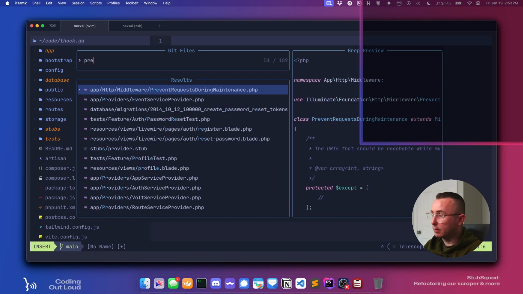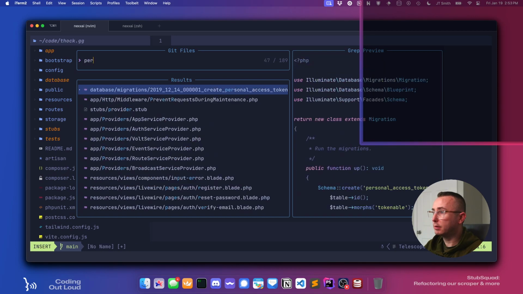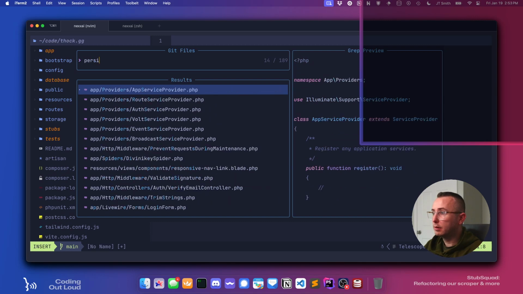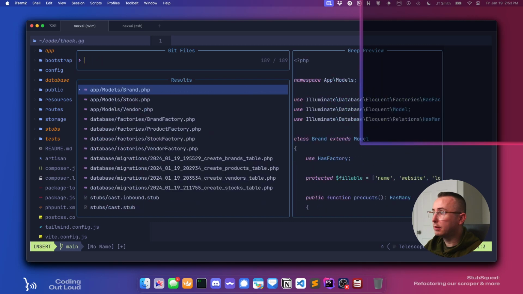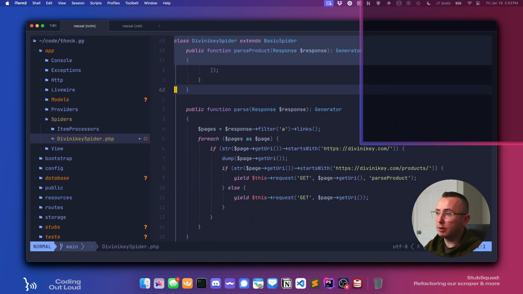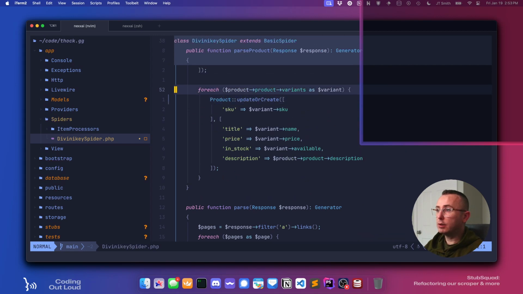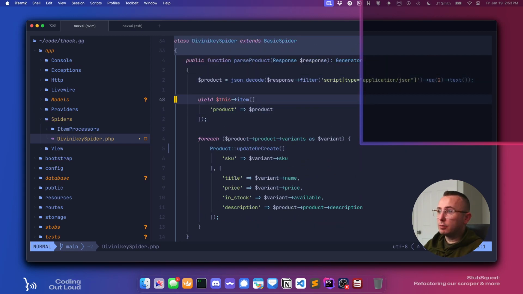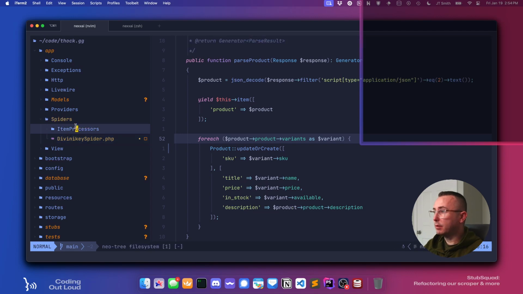Oh, right. It's still called like persist. Finicky spider. What did we call it? Oh, right, because we're doing it all in here. Okay, so what we really want to do is extract this logic here to an item processor. So if we go into item processors, there's nothing in there right now. So let us